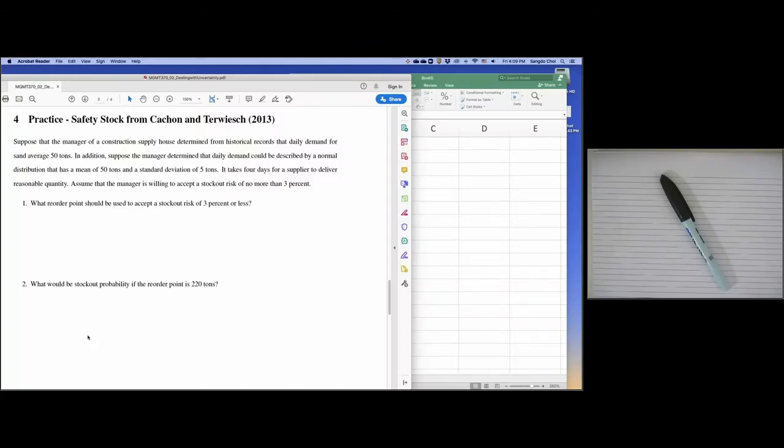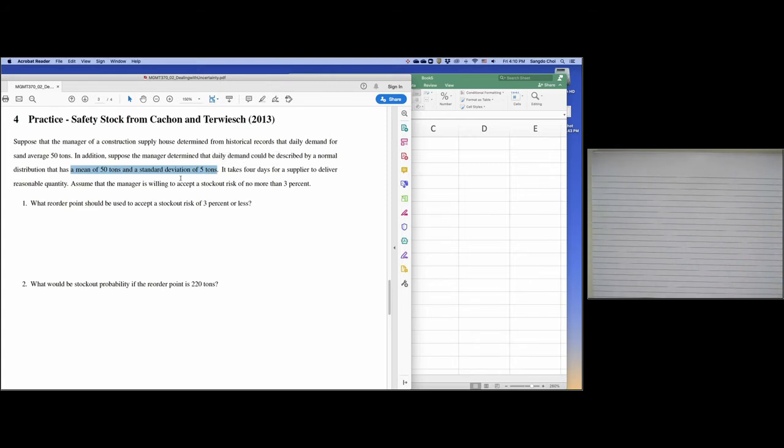In this video, we will learn how to manage inventory using normal distribution theory. First of all, read the problem. For this problem, there is some construction company. Suppose you are this manager, and this manager knows daily demand. This daily demand follows a normal distribution. And daily demand, actually this is not weekly demand, daily demand has a mean of 50 and a standard deviation of 5